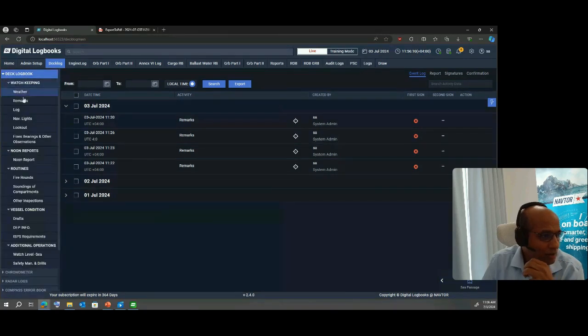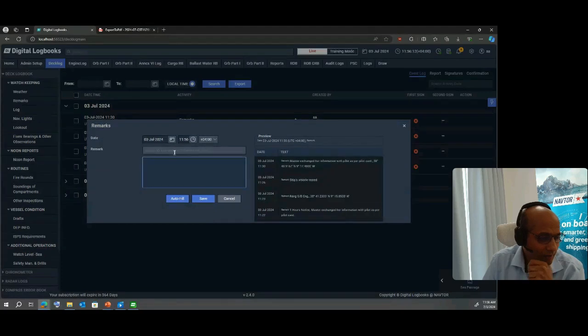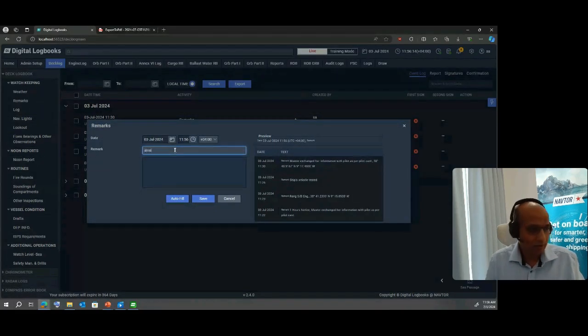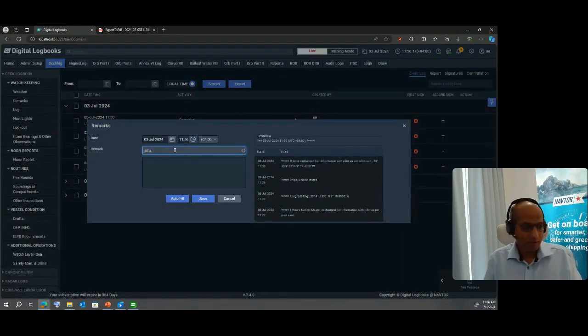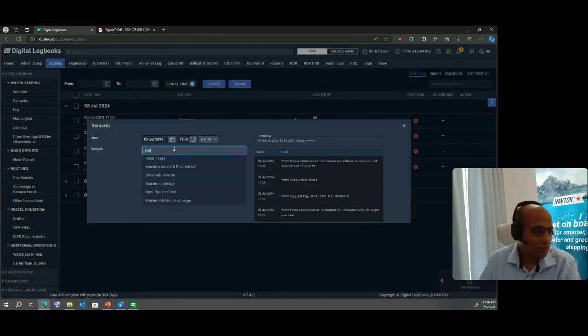So if I'm looking at these remarks here, if there is something related to the SMS or any such, let's say, steering gear check, let me check that out. Yeah. So if I'm doing a steering check,